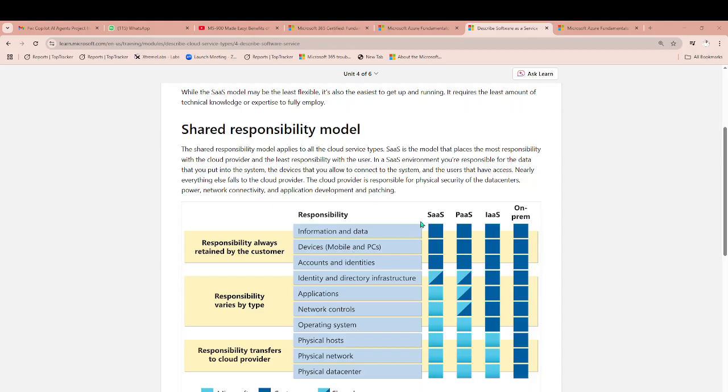And the user that have access to it. Nearly everything else, the cloud service provider is responsible. So the cloud service provider is responsible for physical security of the data center, the power, the network connectivity, and the application development, as well as the patches. Now